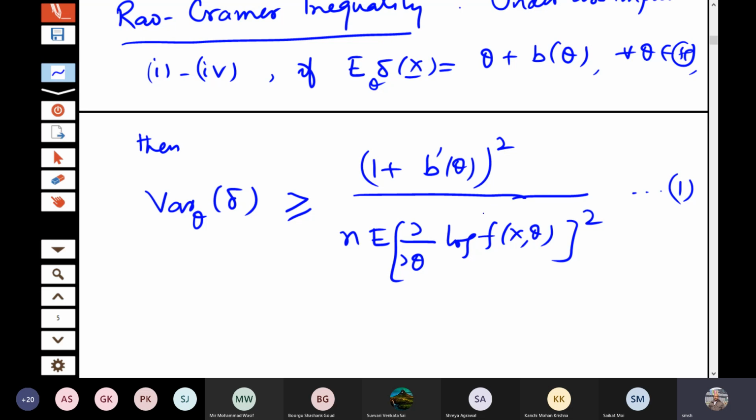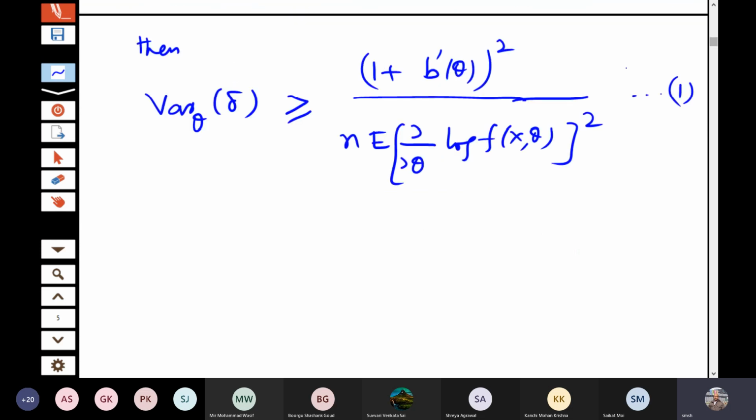This problem I mentioned to you when I was defining the UMVUE. I gave certain necessary and sufficient conditions and certain characterization, but that does not lead you to a UMVUE. So in order to prove that an estimator is UMVUE, you need some methodology. So this is one of the earliest methods which was developed. Later on, I will show you some other method also, which is a much more efficient method. But anyway, let me start with this.